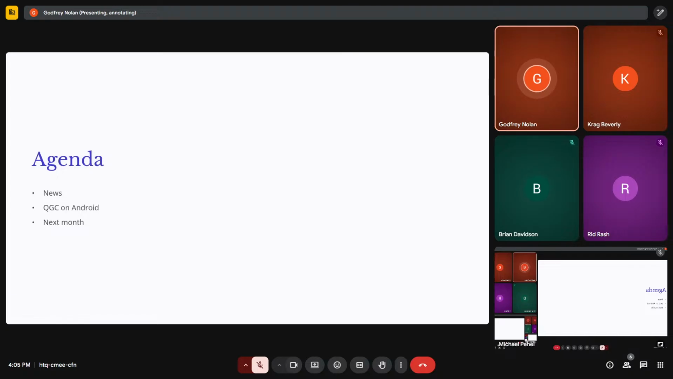Okay, so the agenda is a little bit about news. I always do a small bit about news. Where are we with the DJI ban is usually what I talk about, and then we'll do QGroundControl on Android. And then next month, there's going to be a talk on LLMs and drones. It may be how to get an LLM to fly a drone, or it may be using Qt's new QML-trained